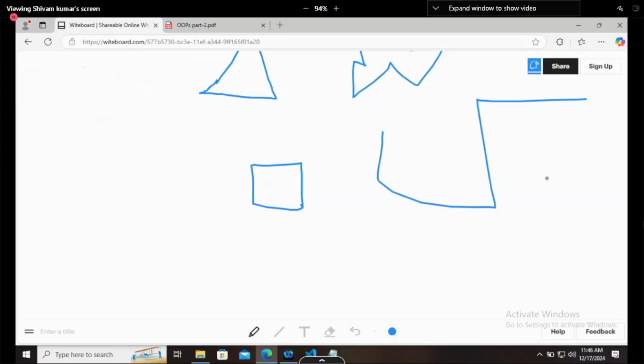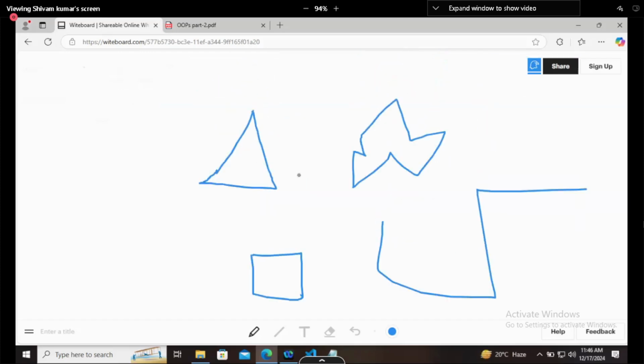No, because this is not closed. So a shape is a closed figure which has at least three sides, or a complete circle, because it doesn't have any side but it is also a shape, right?